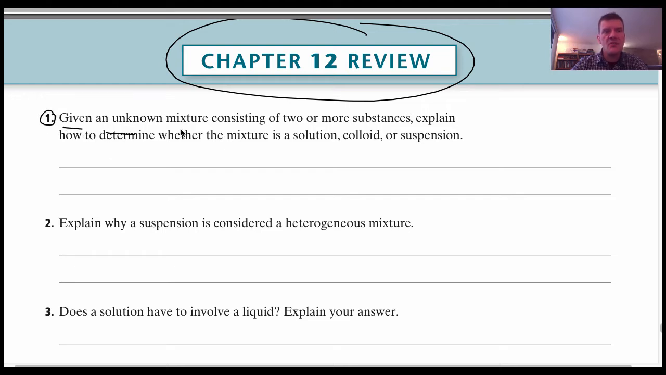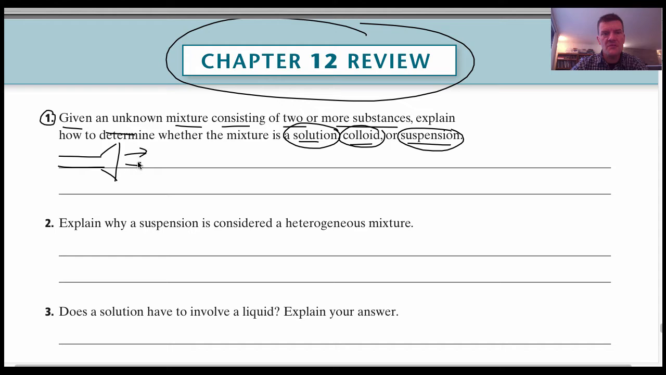It says, given an unknown mixture consisting of two or more substances, explain how to determine whether the mixture is a solution, a colloid, or a suspension. Well, if you remember, one of the methods to test how big the particles are, and that's really the main difference between these, how big are the solute particles in your solution, is to take a light, like a flashlight here,